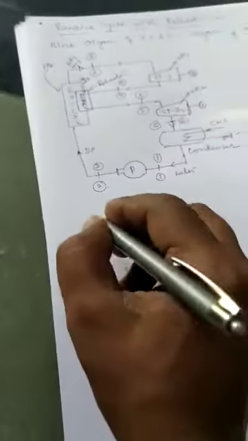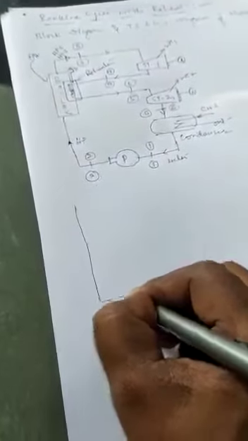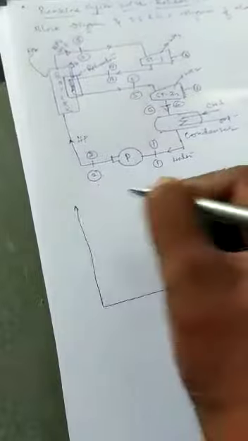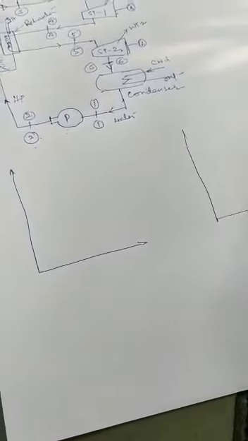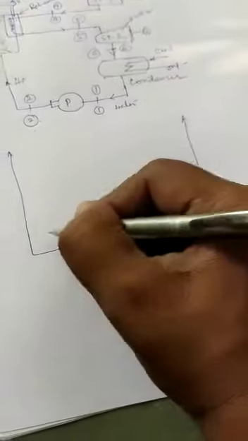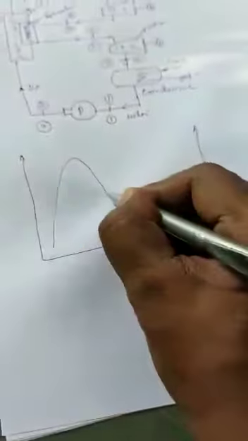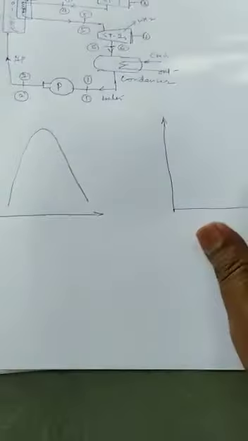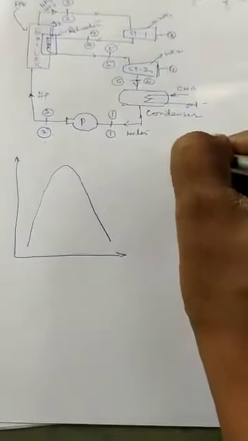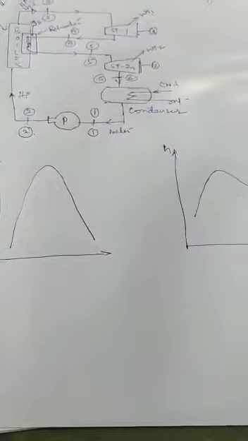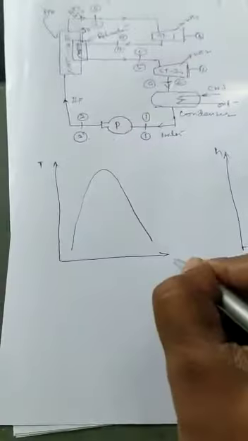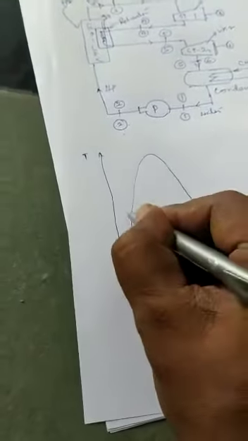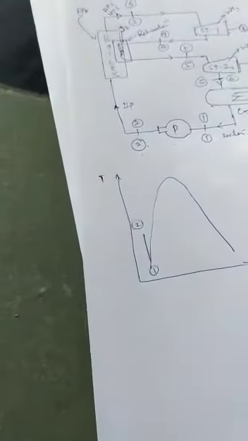Next we will discuss the PV and TS. These are the very important PV, TS and HS diagrams of the Rankine cycle with reheat. As usual, draw a line, that is the liquid and vapor line. Here also the same thing. This is the enthalpy versus entropy diagram, and this is the temperature versus entropy diagram. First we consider process 1 to 2. This is the pump. We are using the feed pump.